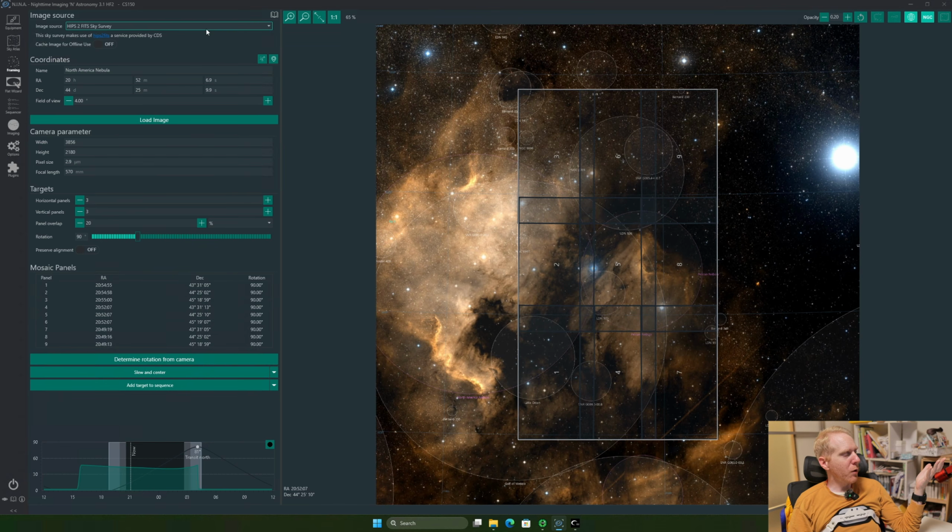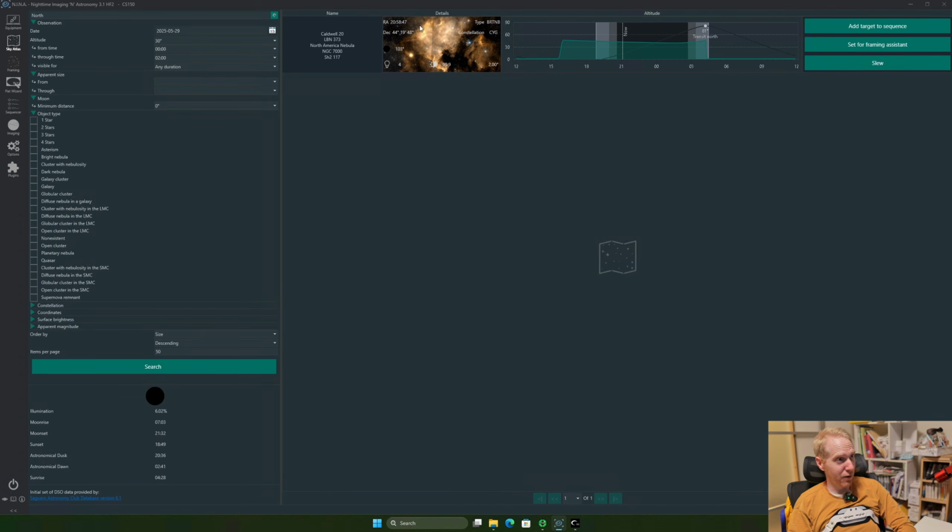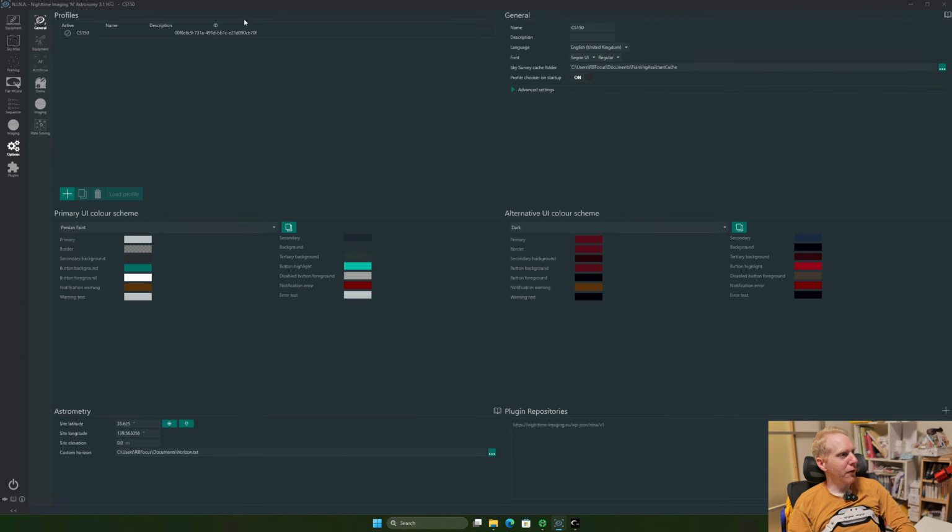Okay, but with this framing wizard, we've used Hips to Fit Sky Survey there, and that downloads the data from the cloud. What to do if we're completely offline? Well, actually, you don't really need to use Hips to Fit Sky Survey, because remember that we downloaded a lot of Sky Atlas data, the thing that lets us get all of those images in the Sky Atlas. I put that in my documents, and remember that under the options general here, we set up the framing assistant cache,